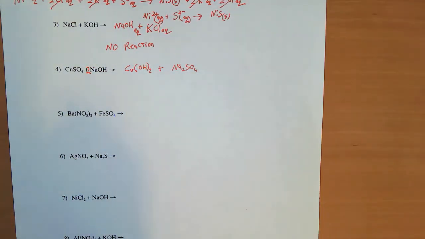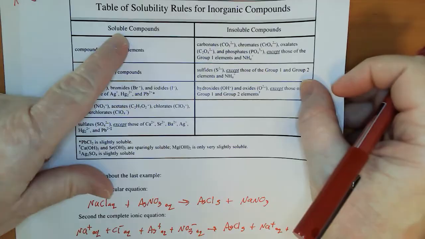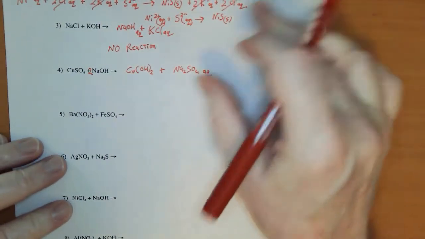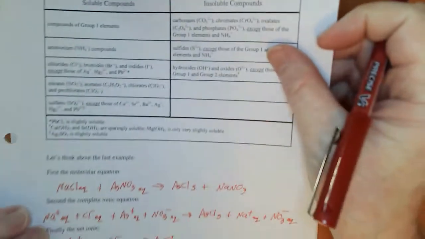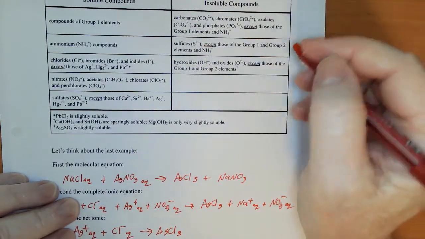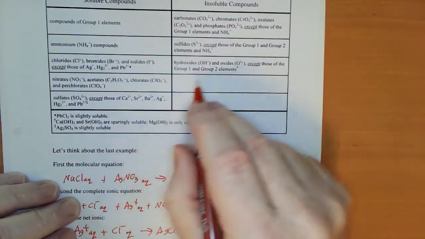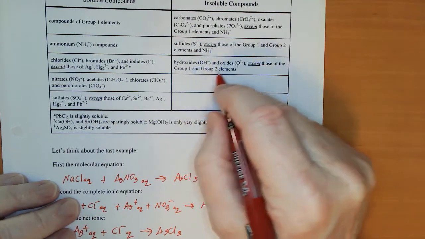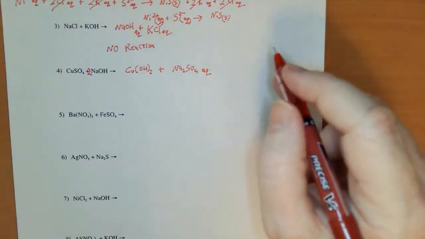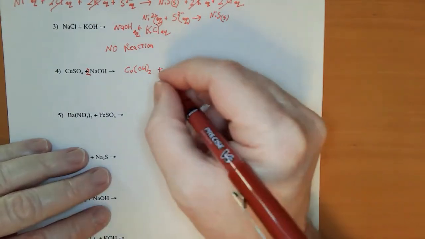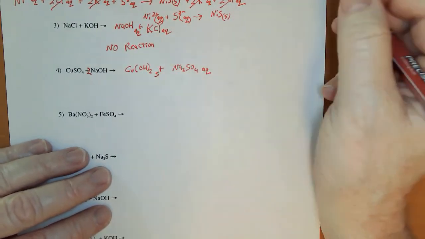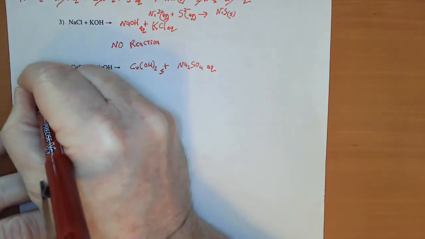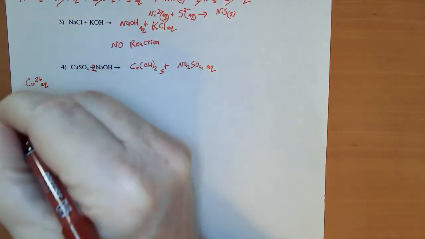Now, I'm back over here. Compounds of group 1 elements are soluble, so this gets labeled aqueous. Soluble means it's aqueous. Now, hydroxides. Let me look through here. Hydroxides and oxides are generally insoluble, except group 1 and group 2. Well, I don't have group 1 or group 2. That's copper, a transition metal. So that's a solid. So when I start to take everything apart here, Cu2+ aqueous,